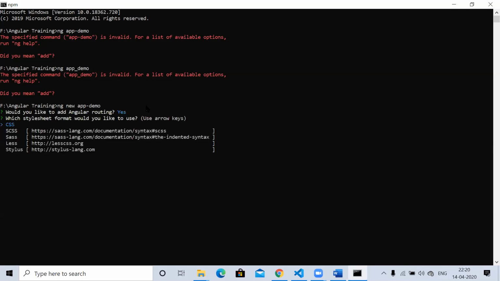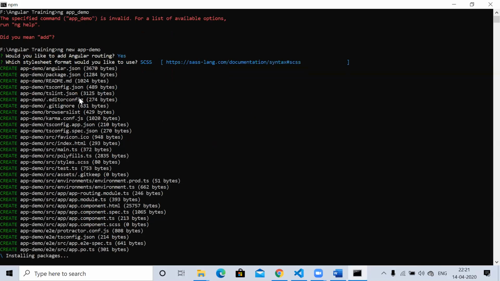Click on it. Now it is asking what you want to use for styles. You want to use CSS, or you want to add SCSS, Sass, Less, Stylus, what you want to use. So I will prefer SCSS. For styling purposes, you can take anything, CSS, Sass, anything. So the application will come with that style. So enter.